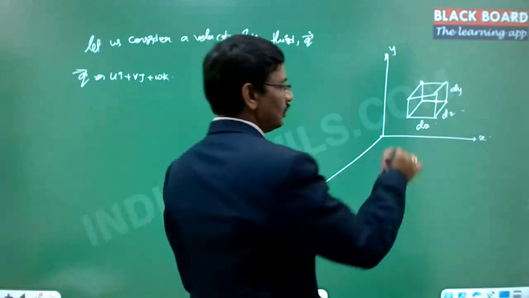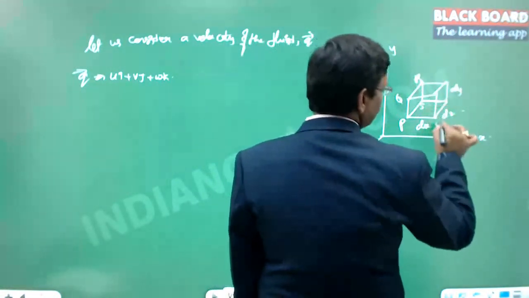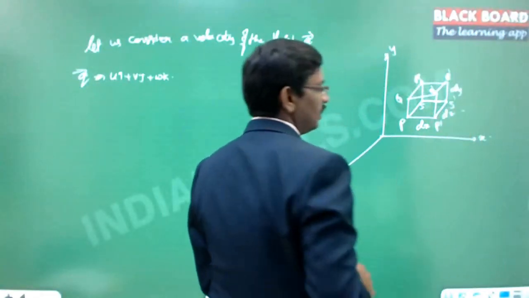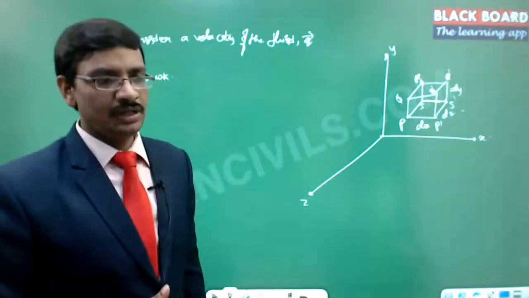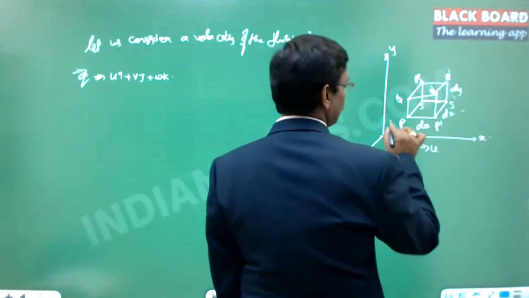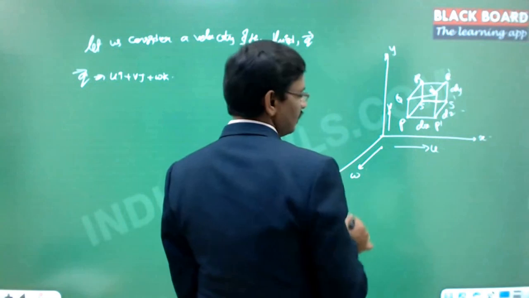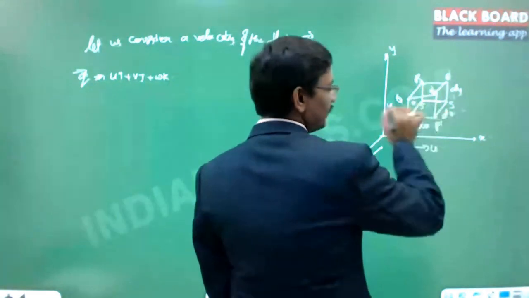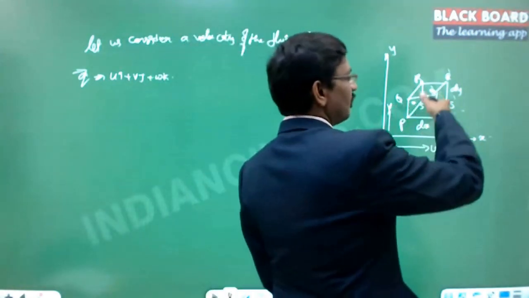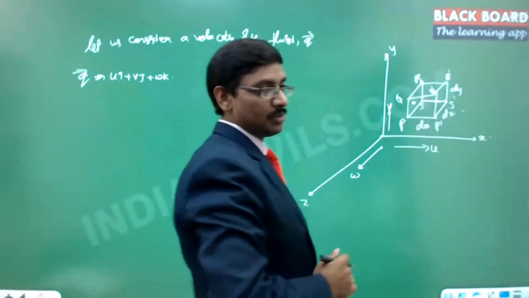So this is the velocity of the fluid. So this is p, q, r, s, and this is p dash, q dash, r dash, s dash surface. Now actually I am considering the fluid flow in the direction of x, which is actually having a velocity of u in this direction. In the direction of y, this is the velocity of v, and in the direction of z actually this is the velocity of w. So at this particular point when the fluid is entering, once it enters actually it may go up or it may go down or it may go right or it may come back or any direction actually that may be possible.